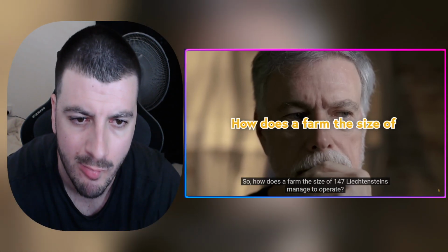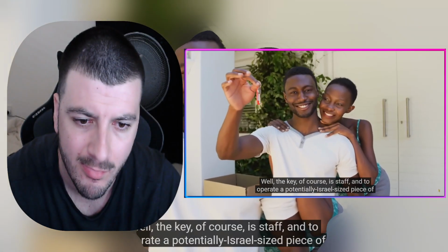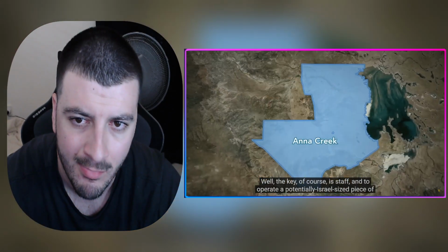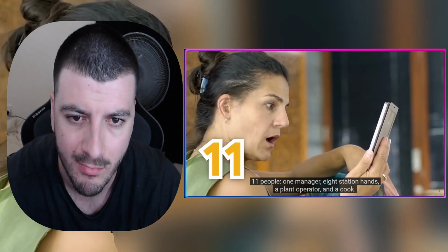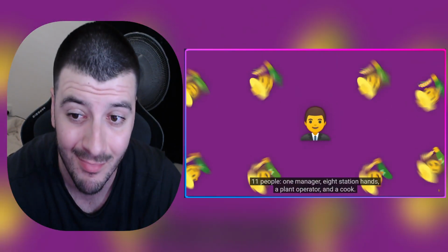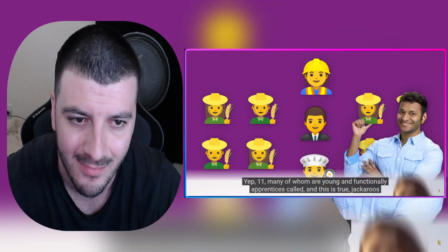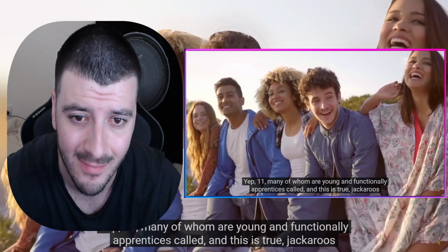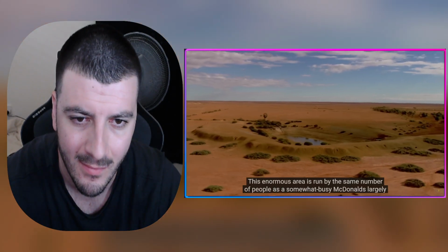So, how does the farm the size of 147 Liechtensteins manage to operate? Well, the key, of course, is staff. And to operate a potentially Israel-sized piece of land, they employ a massive 11 people. 1 manager, 8 station hands, a plant operator, and a cook. Yep, 11. Many of whom are young and functionally apprentices called, and this is true, jackaroos and jillaroos. This enormous area is run by these...